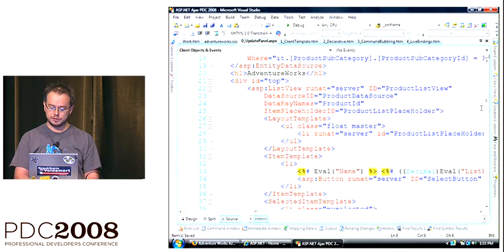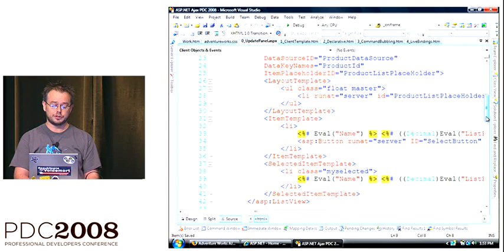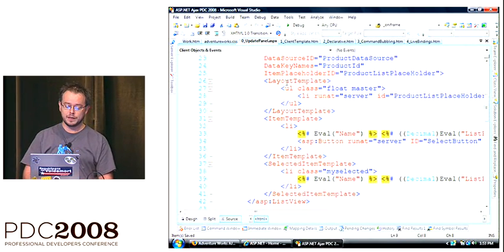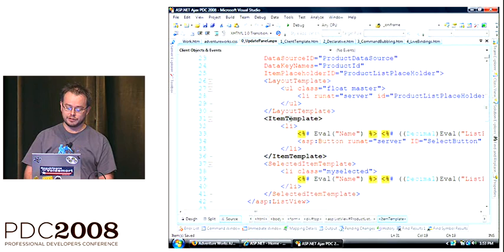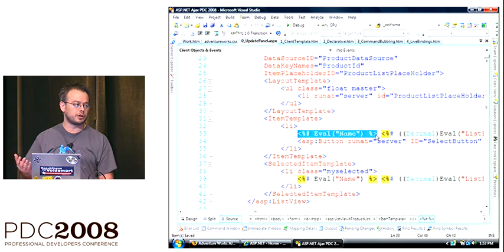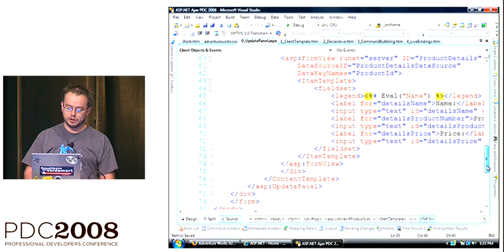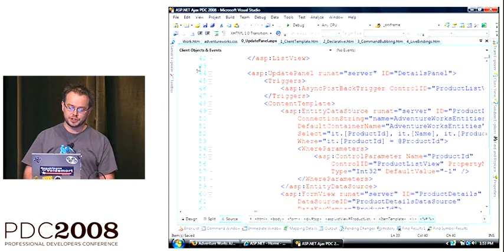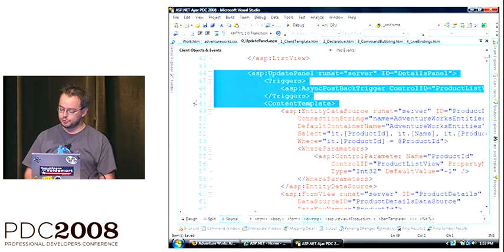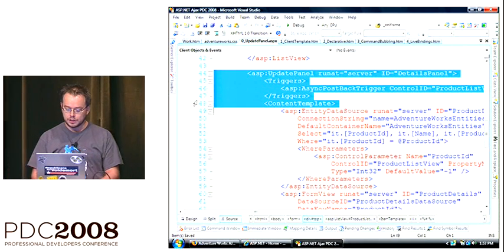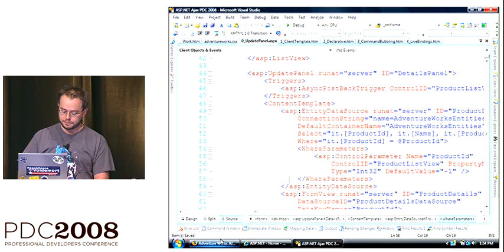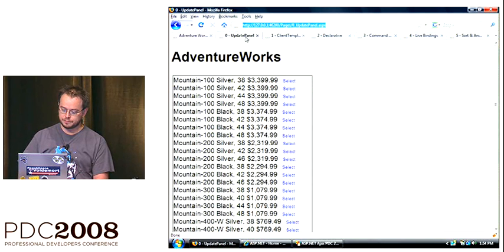This template is a concept that we'll see again and again, but on the client this time. I have a layout template and an item template. Inside of the item template, I have binding expressions, which enable me to inject data into the markup. This is what templating is all about. Here I have a master view and a details view, and the details view is inside of an update panel. So if we run this page,